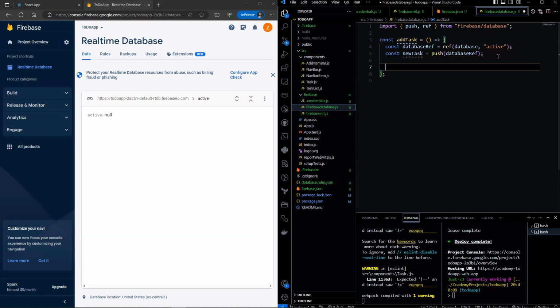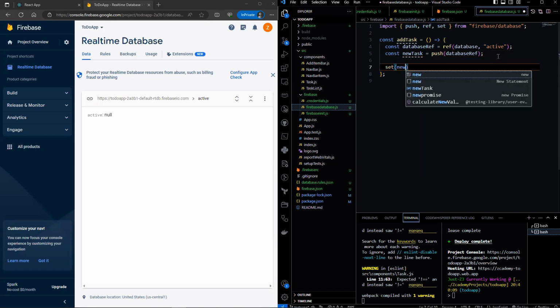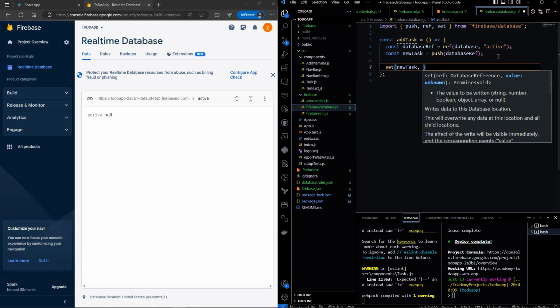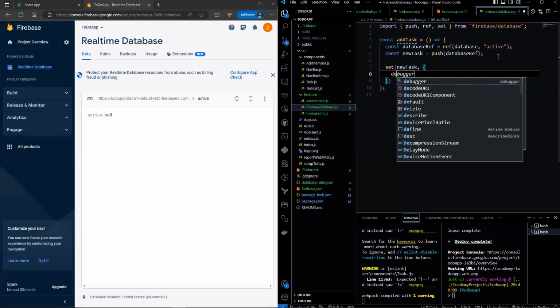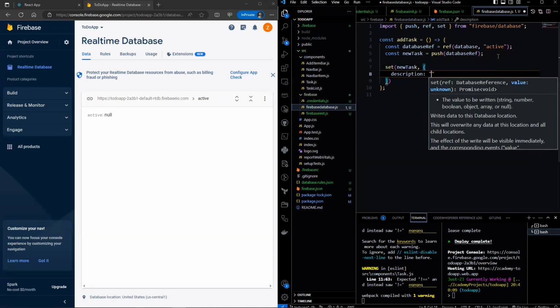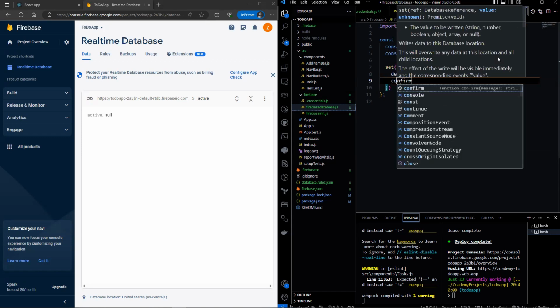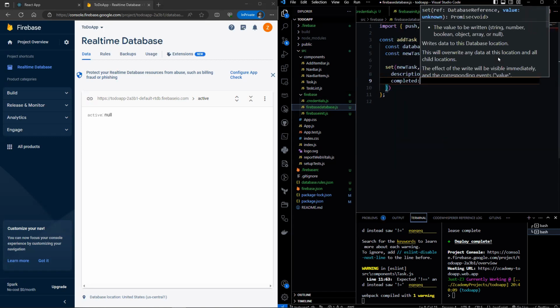Now, let's use this set function from Firebase to set this new task to the following value. It should have the description and the completed value.